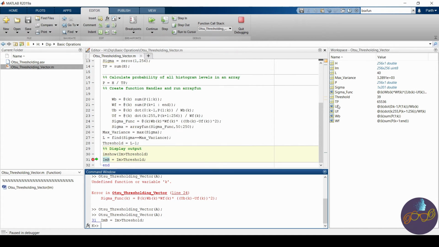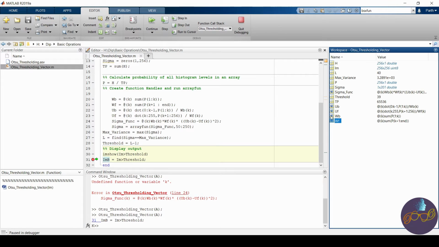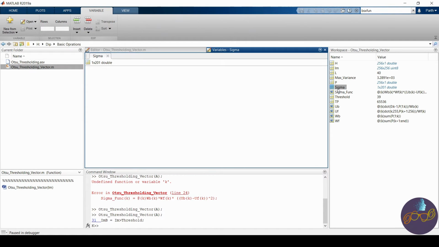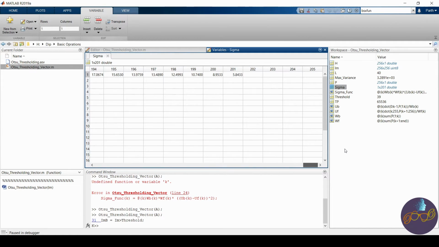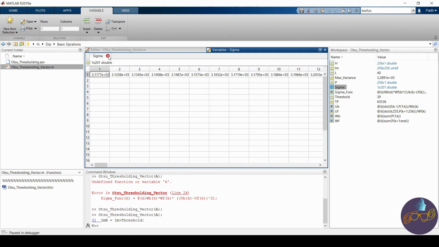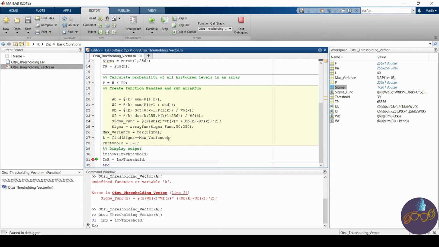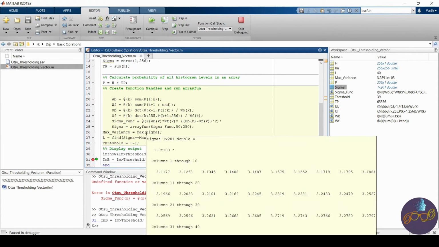You see, these are the function handles which we created. This is also the answer of arrayfun which we implemented over 50 to 250, or 50 to 200, I guess. So that's how you vectorize the code. It takes less time.